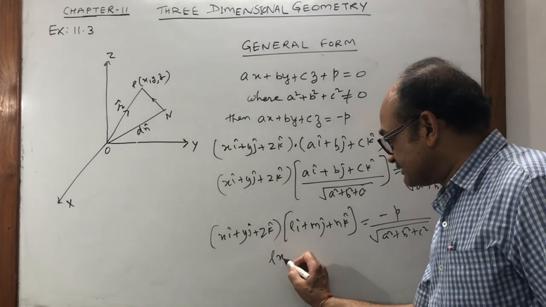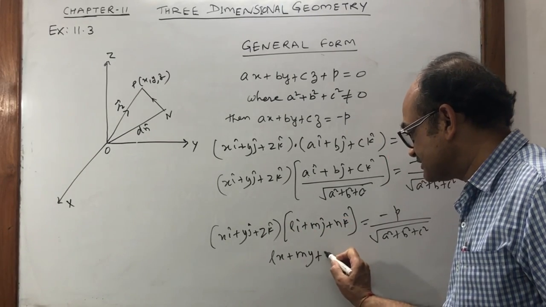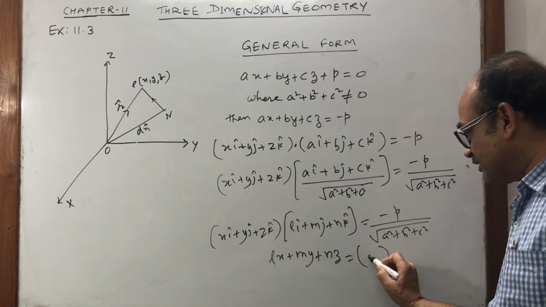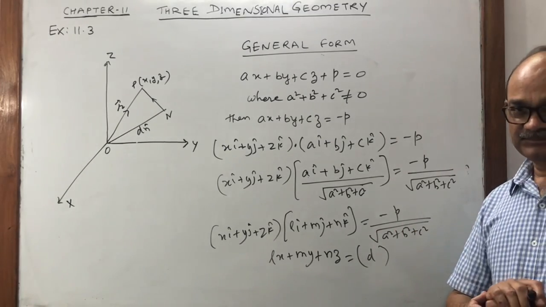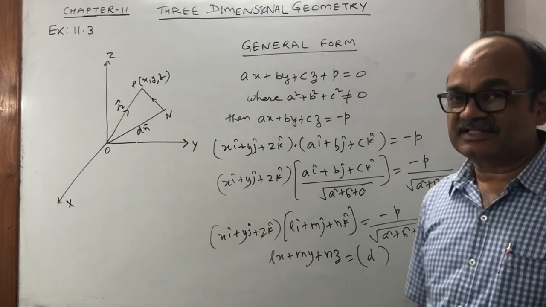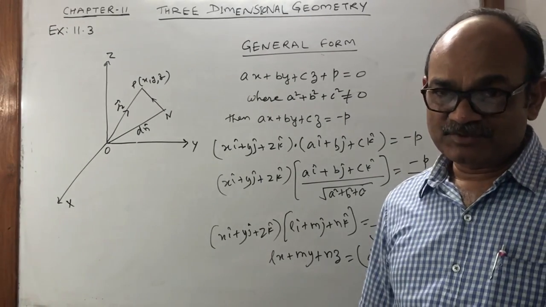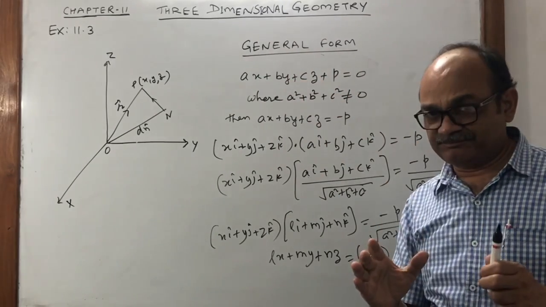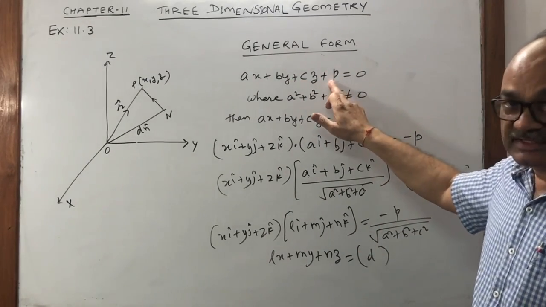Lx plus my plus nz equals d, this is nothing but our d. जो पहले हमने किया वो चीज आ गई. D is the perpendicular distance from the origin. So if a plane is given in this general form, first you have to transfer this p to the right hand